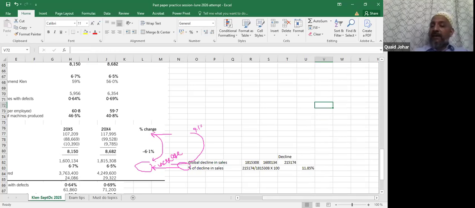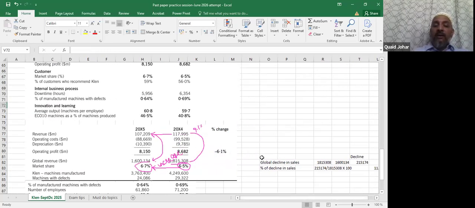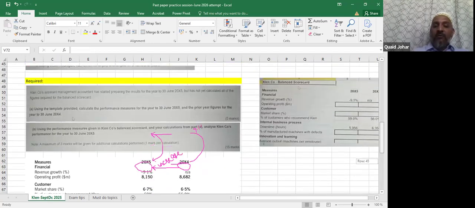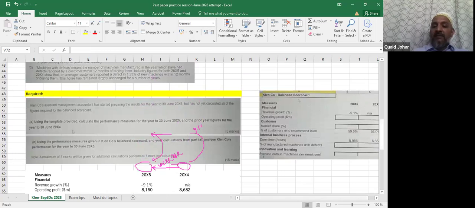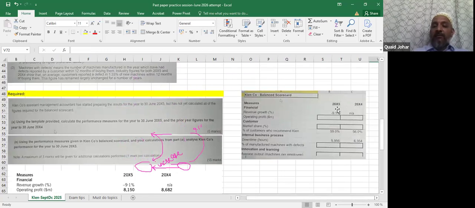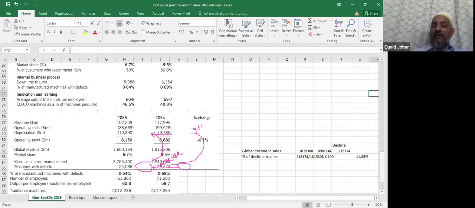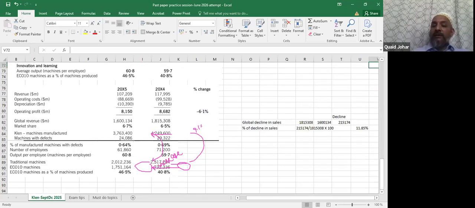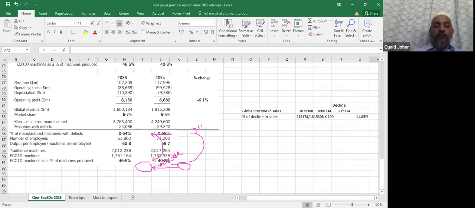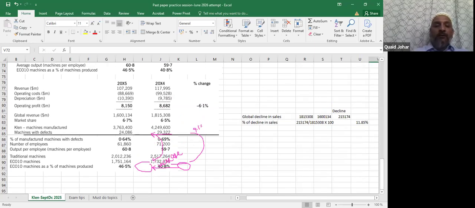तो जो global sales में decline आया है वो 11.85% का है, और इनका जो decline है sales में वो सिर्फ 9.1% है. तो अगर हम इस पे comment लिखेंगे, obviously the comment is that the sales has dropped by 9.1%. ये 9.1% given है यहाँ पे 2005 के अंदर। तो client की sales 9.1% decline हुई है, लेकिन globally there is a decline of 11.85%, right. Let's write a comment on this financial perspective. अच्छा, दूसरा point ये है कि जो operating profit है